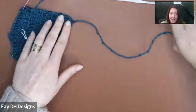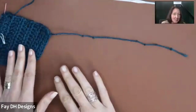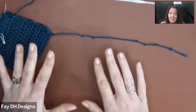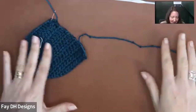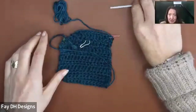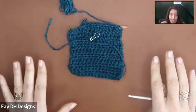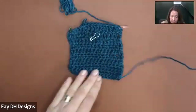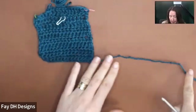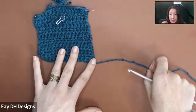So if I'm being really good, I use this knotted method and I put it in WhatsApp because I'm horrendous at recording information at times. Sometimes I'm really good and I have the best Excel spreadsheets known to people, and other times I just forget to record all of the stuff. So knots are good, and the reason for adding more space to this is if you're not doing it